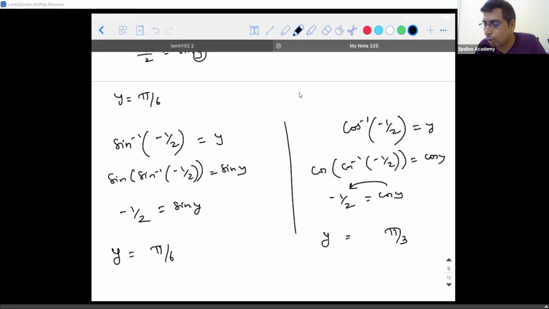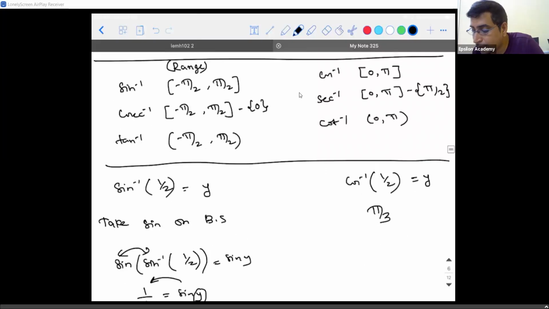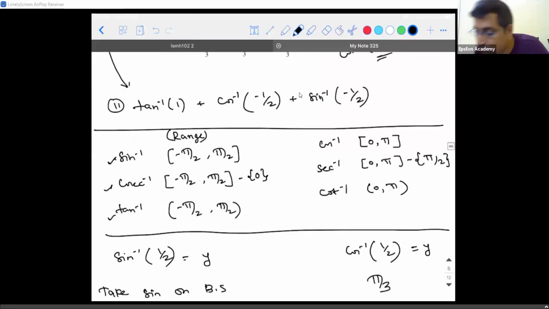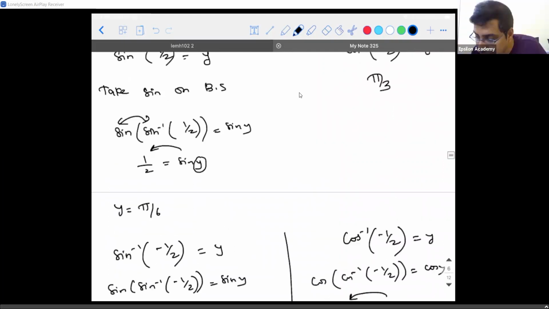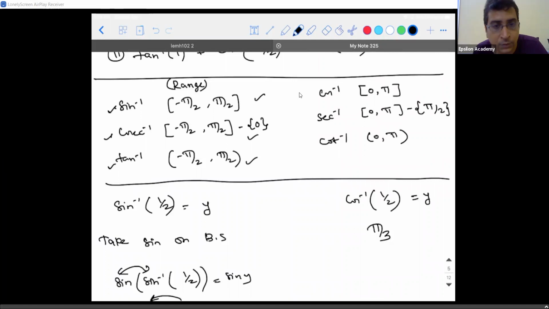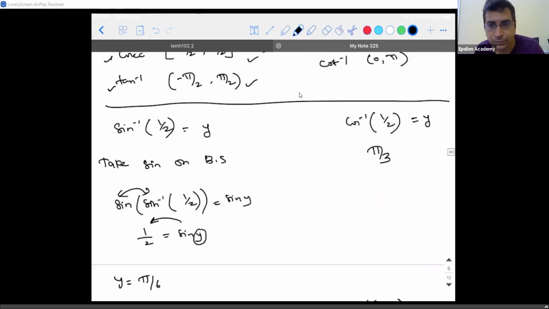Okay, you would write y is equal to pi by 3 by leaving some gap. Now, sin y is equal to minus half, it is pi by 6, but it is not plus half, it is minus half. So, if you get this kind of a negative scenario for sin inverse, cosecant inverse or tan inverse, first find the acute angle and just put a minus sign. You put a minus sign because minus pi by 6 is there in the principal range of sin inverse, cosecant inverse and tan inverse. Are you guys able to understand?